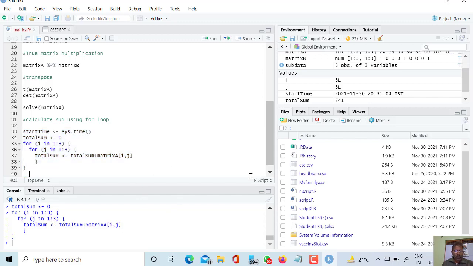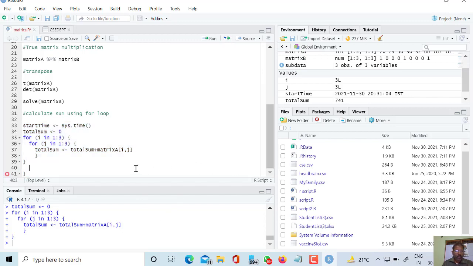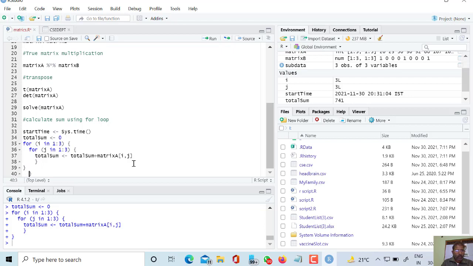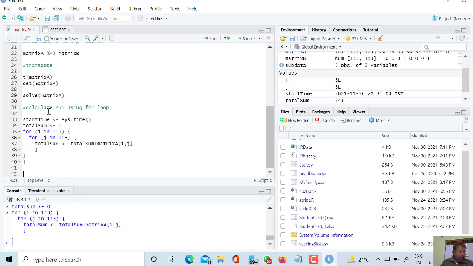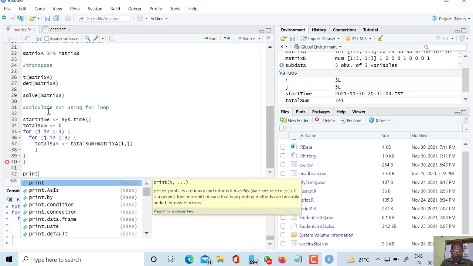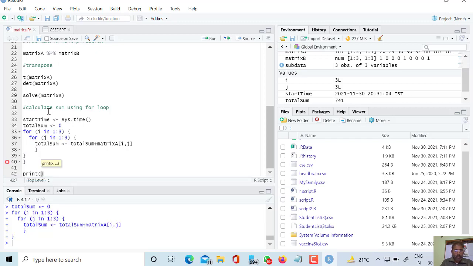Okay, one more thing I should have written here. Print total sum.